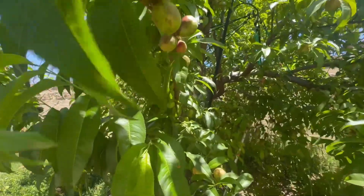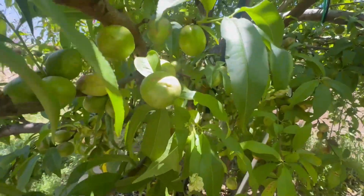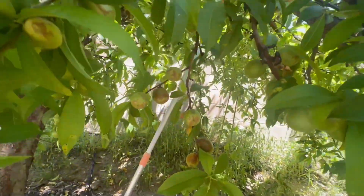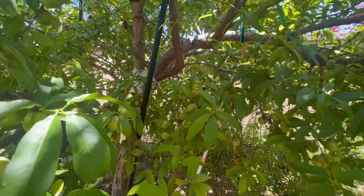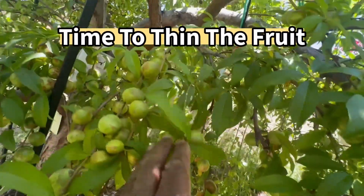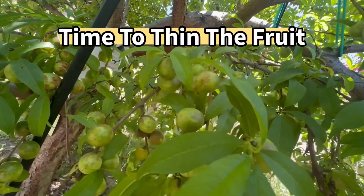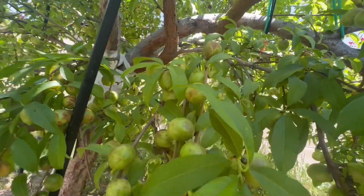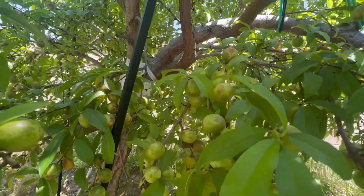All right, now we're looking on the inside of the Desert Delight. The fruit is starting to grow, starting to put on color a little bit. This is the perfect time that you want to actually pick the fruit off. And you want to do it now for a couple of reasons. One, if we left all the fruit here to grow to the tree's devices, it will actually overwhelm the tree